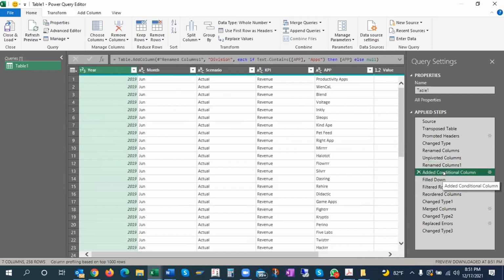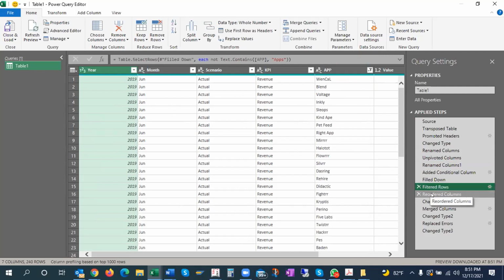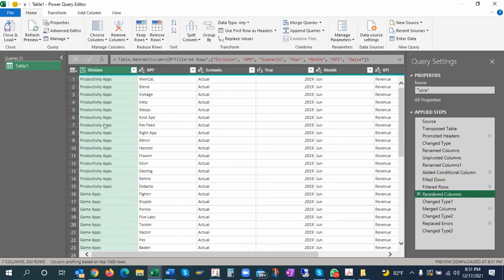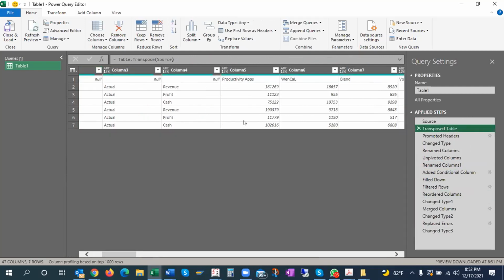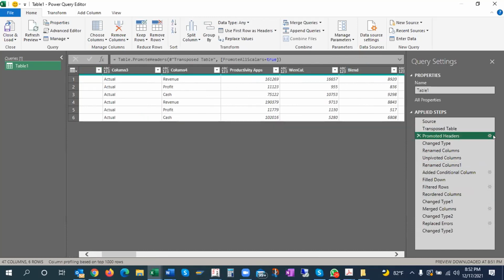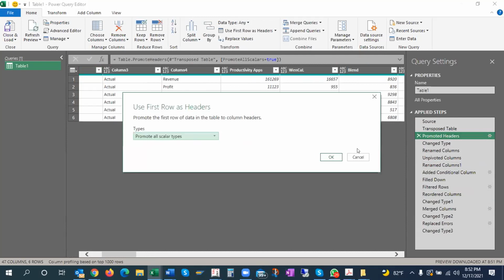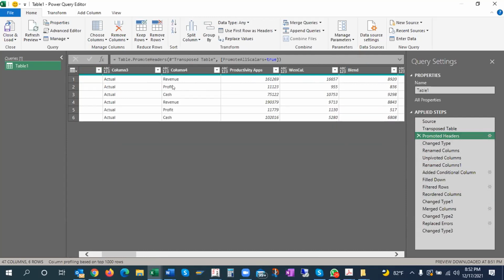If I do this live it will take more time, but I can share the one I have done. These are filtering done. I have reordered the columns, and I have added an additional column. If you see step by step, you come to know that I transposed this, and I promoted all these headers.